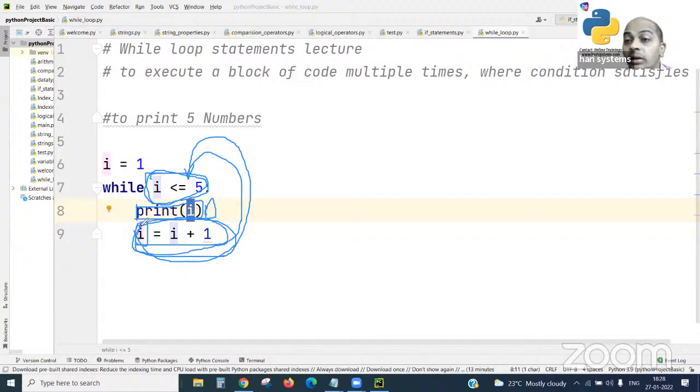Now it's the 5 turn. So here again the loop is going to verify: 5 less than or equal to 5. Is the statement true or false? Let's run the poll. The i value is 5 now and less than or equal to 5 is there. Is the condition true or false? How many will say true? How many will say false? Quickly, 12 members are there, 6 by 6. Quickly send your opinions.